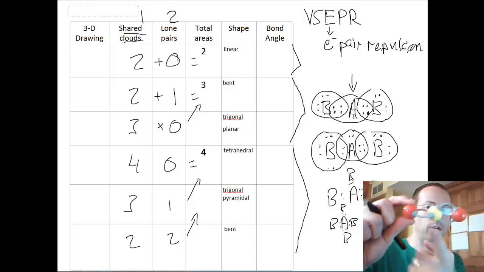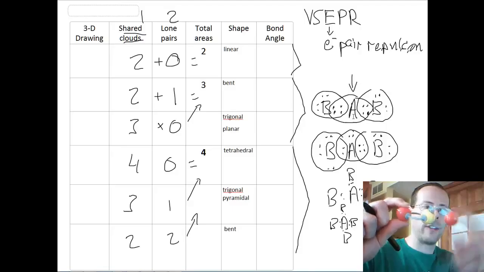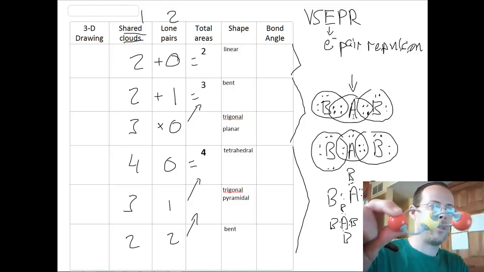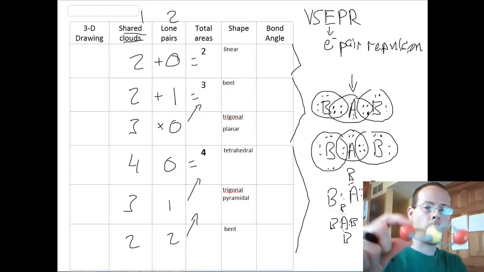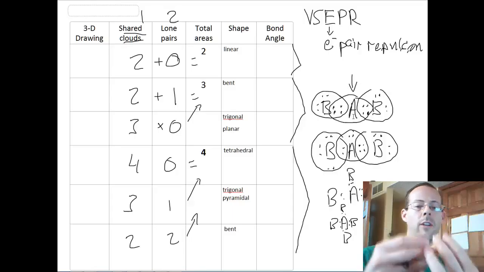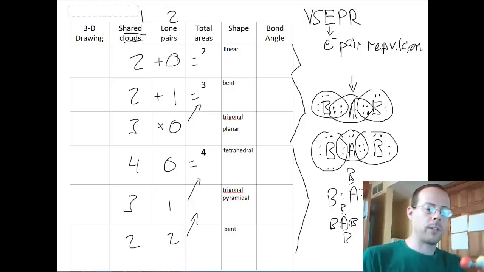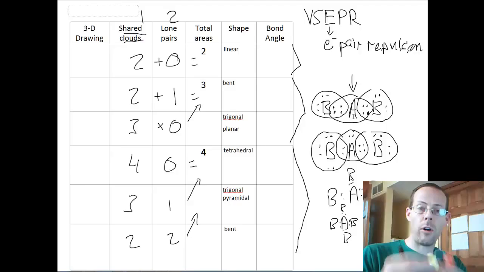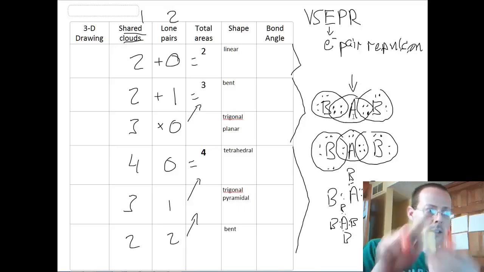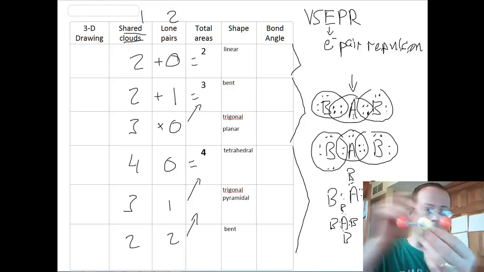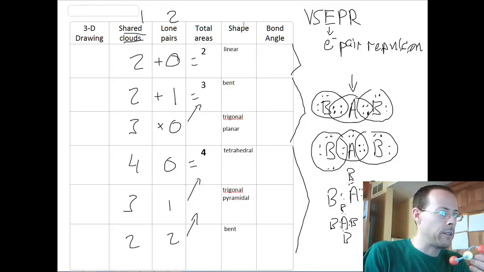I happen to have a yellow, let's pretend this is A, and our two reds are B's. And they're connected with double bonds. So there's two little kind of bendy plastic things that are holding them together. And essentially what happens is, if we have two areas of electrons, and if we're thinking in three-dimensional space, they're going to repel each other as far apart as possible. So if there's two things, they're going to be 180 degrees from each other. So from this red to this red, there would be a 180 degree angle. So our bond angle is simply 180